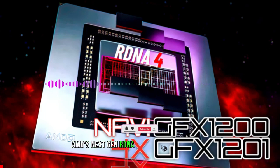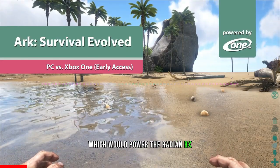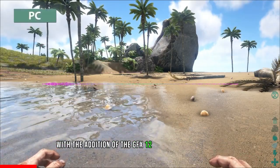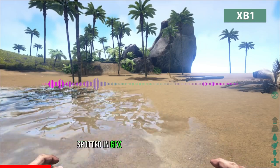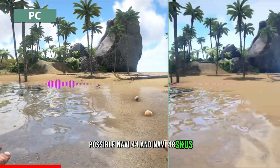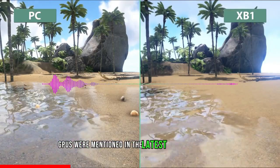AMD's next-gen RDNA 4 for Radeon RX 8000 GPUs, GFX1200 and GFX1201, spotted, possibly Navi 44 and Navi 48. AMD's next-gen RDNA 4 GPUs, which would power the Radeon RX 8000 series, have started to see support in the Linux LLVM patches with the addition of the GFX1200 and GFX1201 IPs. AMD Radeon RX 8000 GPUs based on the RDNA 4 architecture have been spotted in GFX1200 and GFX1201 flavors, possible Navi 44 and Navi 48 SKUs. The two AMD RDNA 4 and Navi 4X GPUs were mentioned in the latest LLVM project notes,